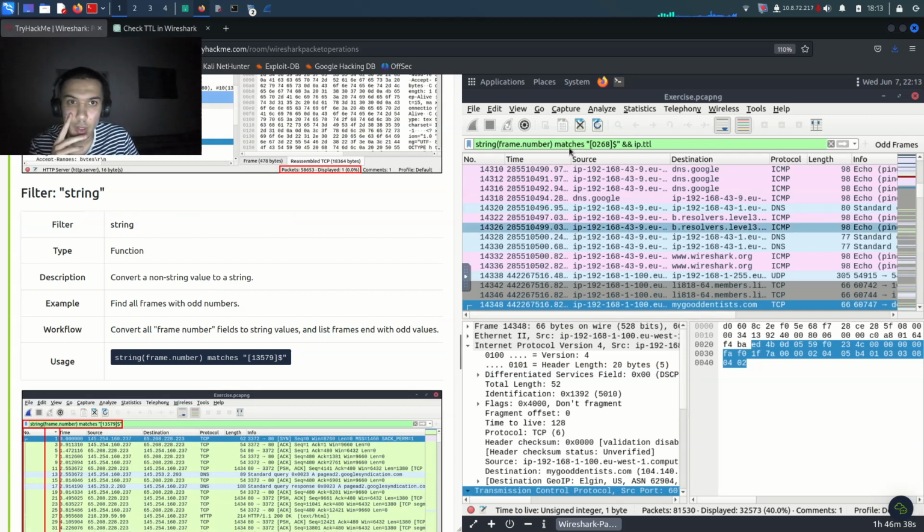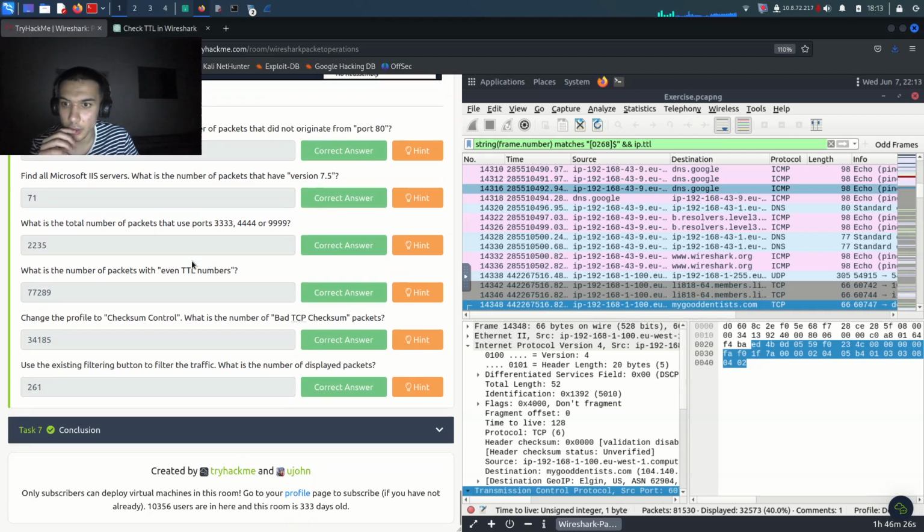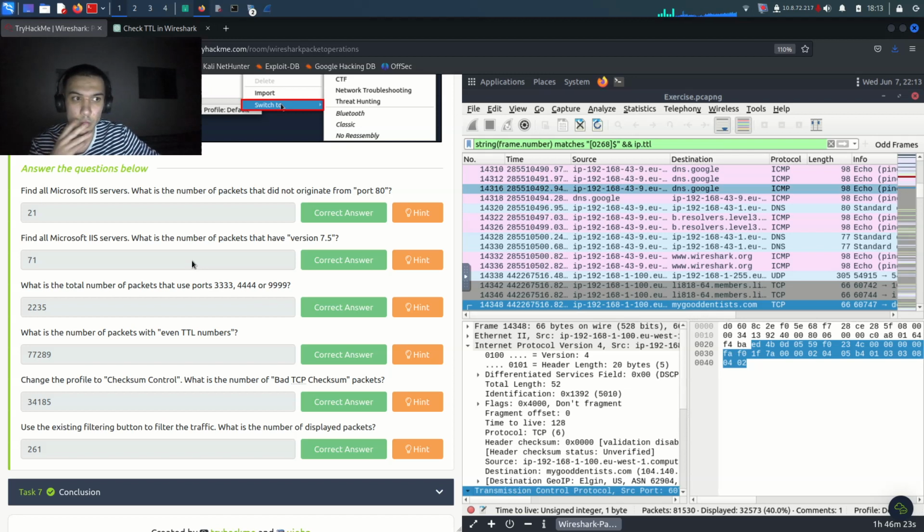Yeah, it's over there. We have to add this string frame number matches, but we have to add something different here. Alright, which command do we have to add? I'm actually confused. Alright. Okay, let me